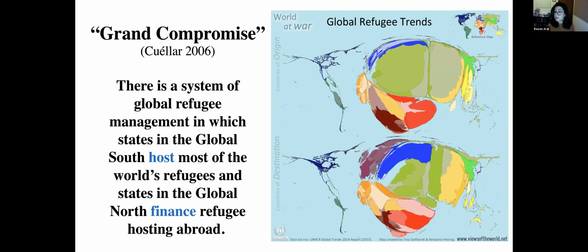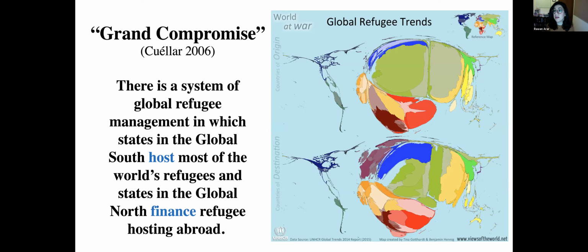Okay, so I'm going to start with the political, and it will merge into a discussion about the humanitarian. And of course, in 10 minutes, I can't address everything, but I'll point out some important things that I think we need to take into consideration. The first is in reference to what Cuellar calls the Grand Compromise, which shows that the vast majority of the